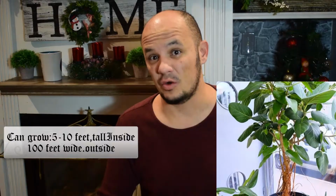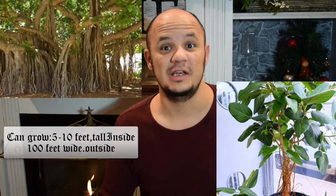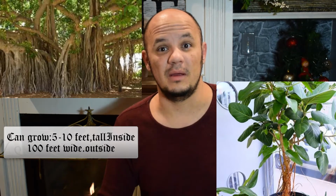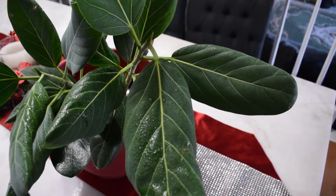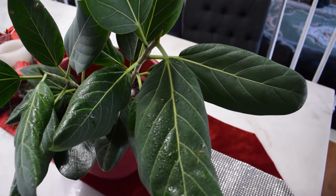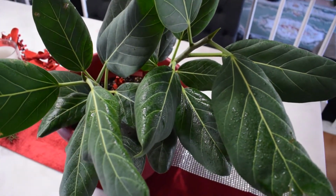It shoots off air roots, which then penetrate into the ground and become basically stems. So it's kind of an air root slash stem tree, which gives it a multi-stem look. In the wild, it's really cool. It's believed that Buddha sat underneath these trees and achieved enlightenment. Why a lot of people grow these plants indoors is because it tends to be a little bit easier than the fiddle leaf